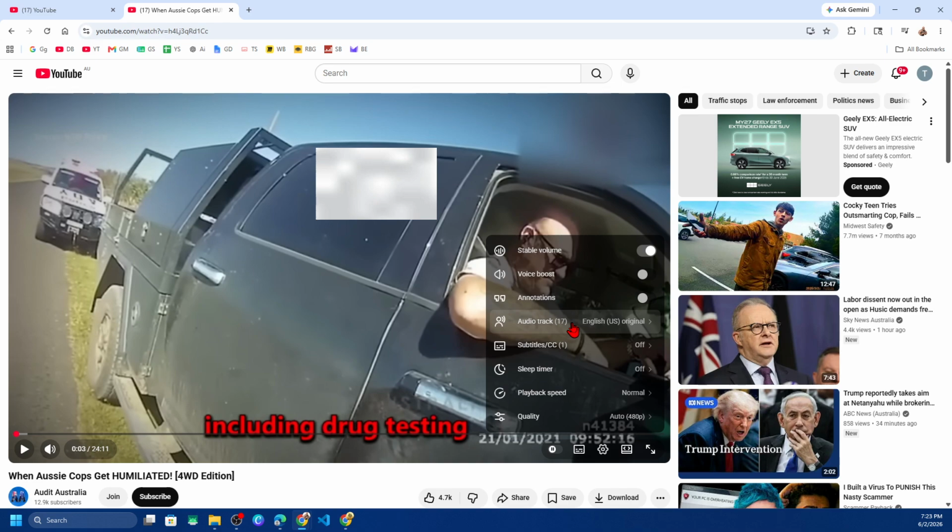Now, if you don't see audio track, that video doesn't support switching and YouTube is forcing a default dub for your account or region. Now, if you mean YouTube interface voice or English language settings, so we want to come